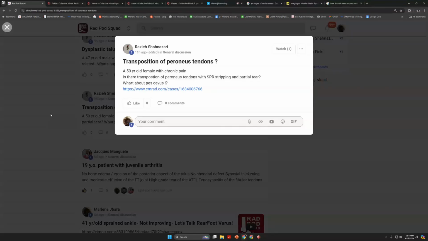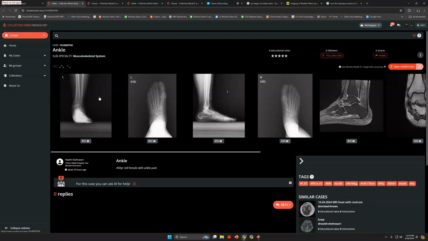Presenting this great case of question of transposition of peroneal tendons. We've got a 50-year-old female with chronic pain. Question about transpositions. What about pes cavus? Let's take it to Collective Minds Radiology, where we can see our great de-identified images, our mobile PACS, and get